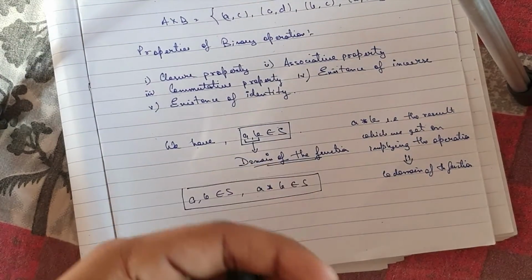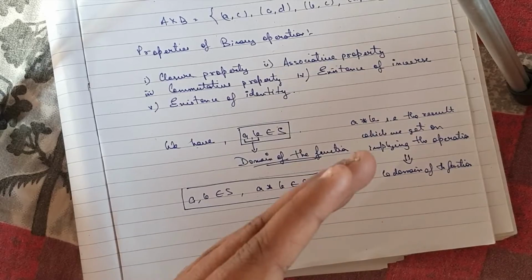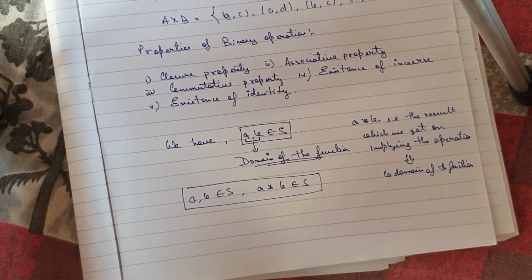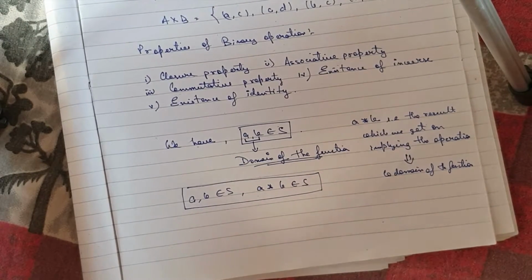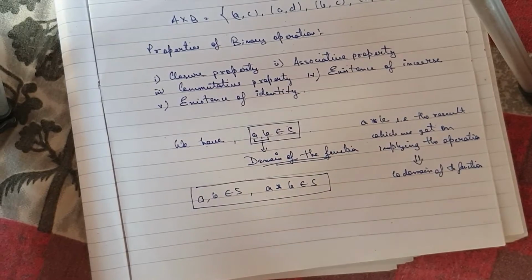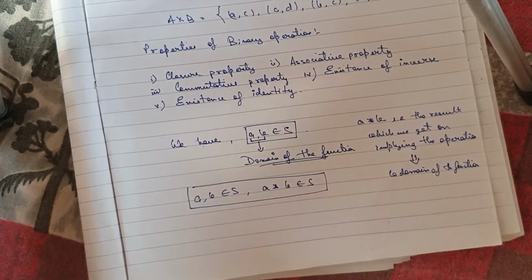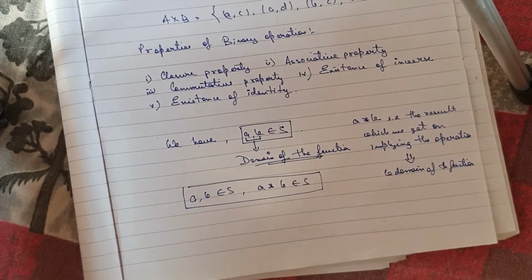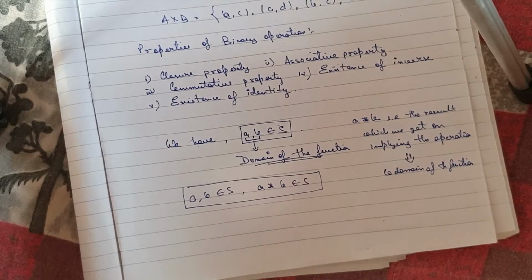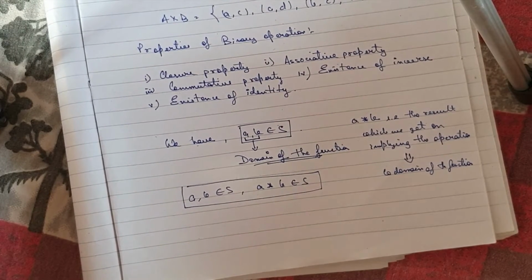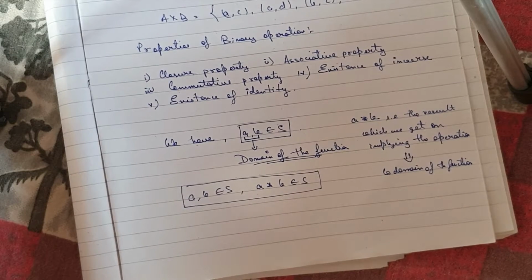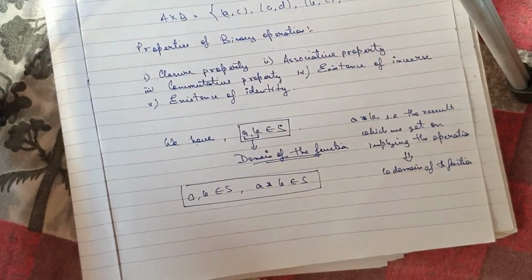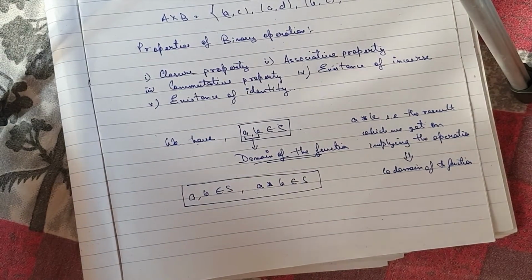मैं क्या बोलना चाहता हूं कि मेरे पास दो एलिमेंट्स है जो कि एक सेट S को बिलोंग करता है, एंड S बीइंग नॉन एम्प्टी, तो वो यहां से इजीली विजिबल है. अब मैंने क्या किया कि मैंने वो बाइनरी कॉम्पोजिशन जो है, वो बाइनरी ऑपरेशन जो है, वो मैंने इंप्लाई किया इन दोनों के ऊपर कि A स्टार B आया, दैट इज द रिजल्ट ऑफ द बाइनरी ऑपरेशन व्हेन इंप्लाइड ऑन A एंड B. So the result which we get, that result also belongs to S. That means कि A, B and A star B तीनों S set को belong करता है. This is called the closure property. That is the element, both the elements belong to S as well as their result belong to S. This is known as the closure property. Okay? इसी को कहा जाता है closure property.